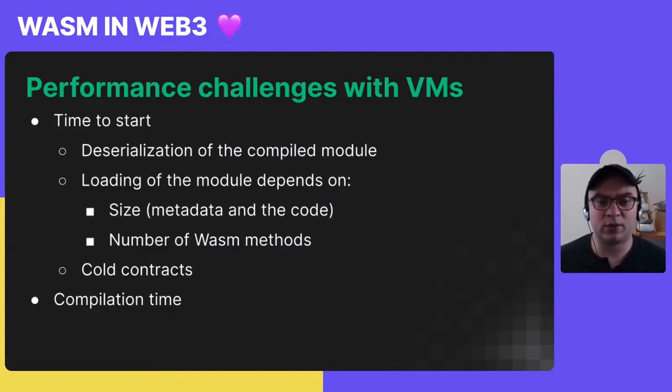And in your smart contract, it depends on the size of the code. It depends on the size of the data section in your Wasm. The number of methods in Wasm, surprisingly, also frequently contributes to the time it takes to load the module. And obviously, the number of imports also contributes to that. Then cold contracts